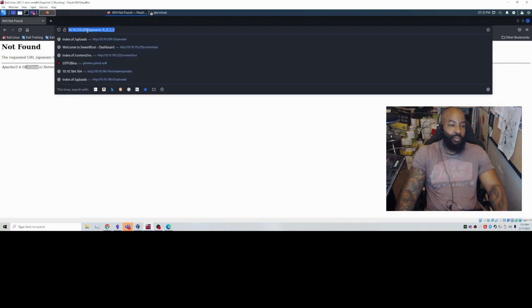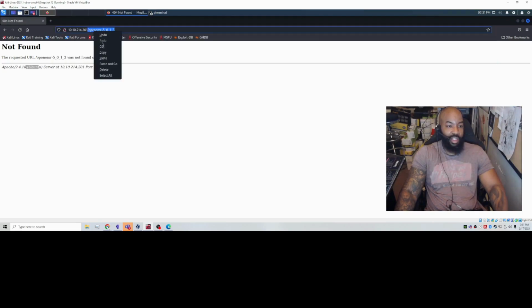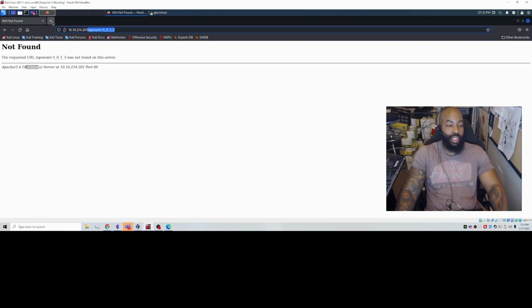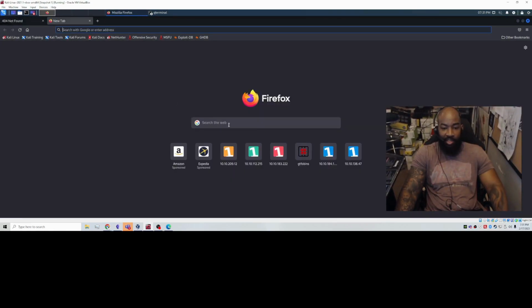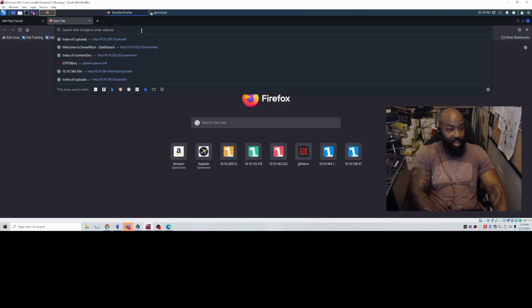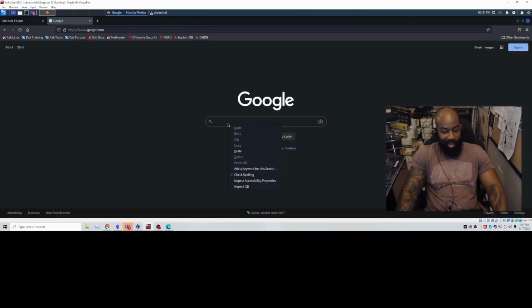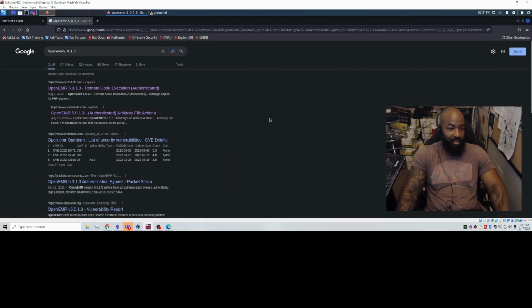That's fine. But what is OpenEMR? What does this even mean? Right? I don't know, me personally. But I would go to the one place that I think would have the information. Good old Uncle Google. All right, pop that in there. Let's see what we get. All right, clearly I've been here before. It's highlighted in purple. OpenEMR